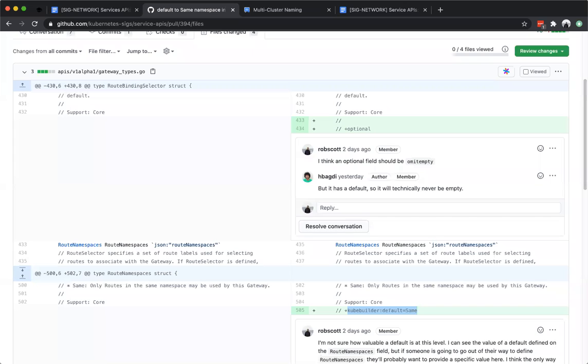Yeah, we used to have optional tags on default fields. We have since removed them and made them all with omit empty, removing the optional tag and adding a default where possible. Because when we remove the optional, the default is required.